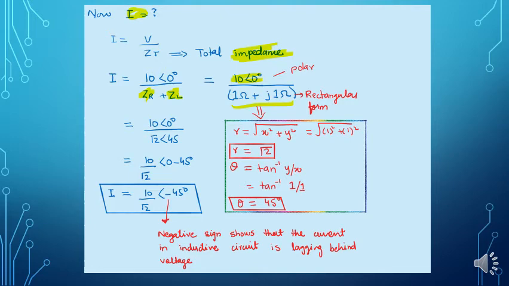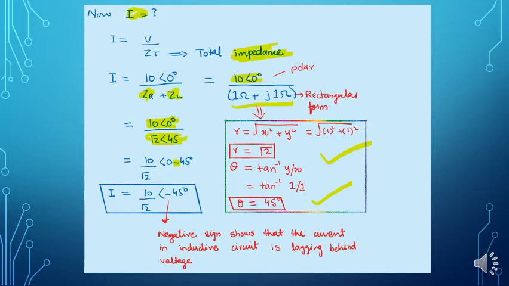So how can we convert this rectangular form into polar form? This procedure is the same as we have already adopted in our previous lectures. r is the square root of x squared plus y squared, which is root 2, and theta is tan inverse of y over x, that is 45 degrees. Now putting the values, we find the value of current, that is 10 over root 2 and angle 0 minus 45, because the voltage has 0 angle and the impedance, as we found from this step, has the angle of 45. When this term goes upward, we get a minus sign over here.